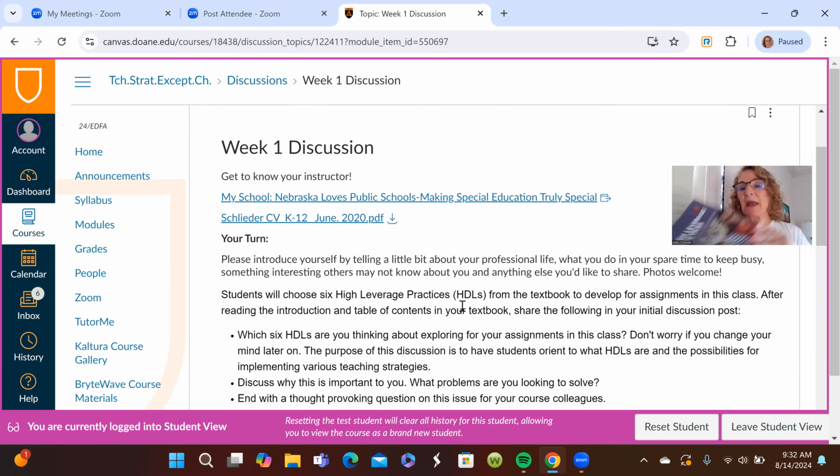Let me introduce the book. The title is High Leverage Practices for Intensive Interventions. There are 22 chapters and 22 HLPs, high leverage practices, in the book. The 23rd one is just a reflection, and we won't be specifically exploring that, although it's good information to take a look at if you're interested. But there's 22 of them, and we will be looking at 6 of them, 5 of them in the discussions,